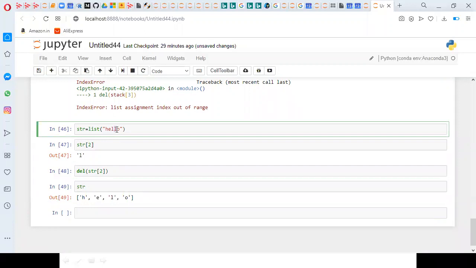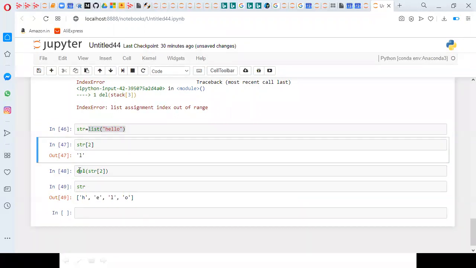So how has it happened? I converted the string object into a list object with the help of typecasting. Now when I type str of 2, I get L. When I applied del of str of 2, it happened. Why? Because earlier it was an immutable object, and now it is a mutable object.